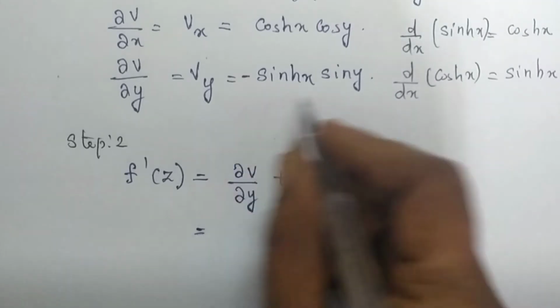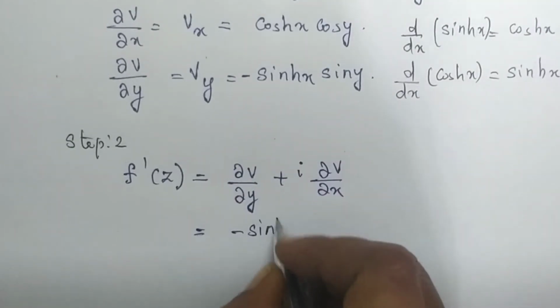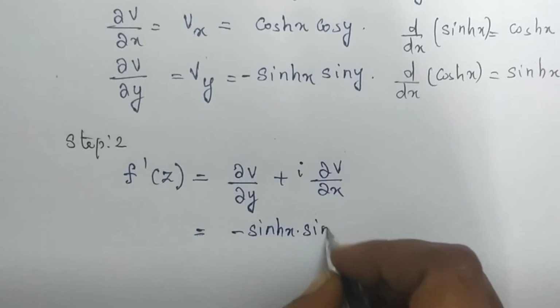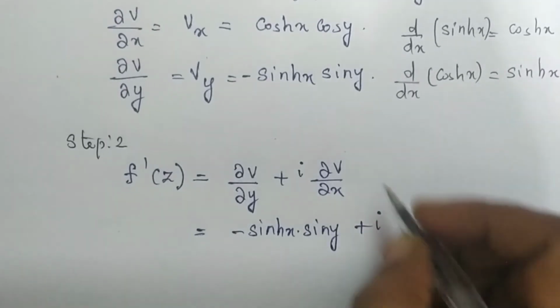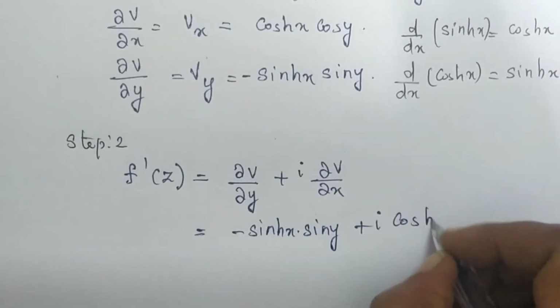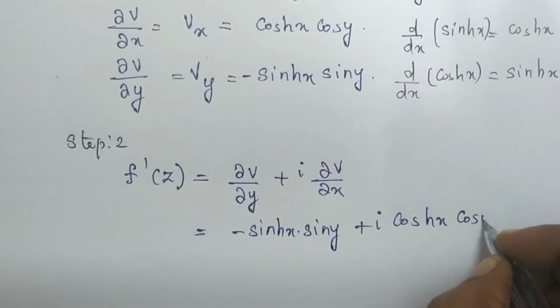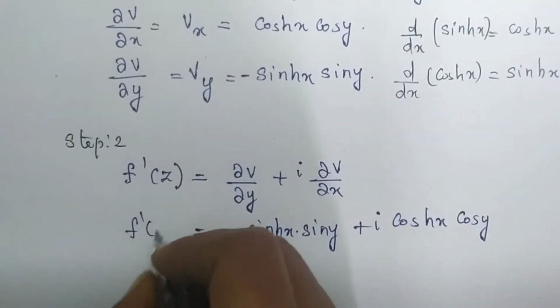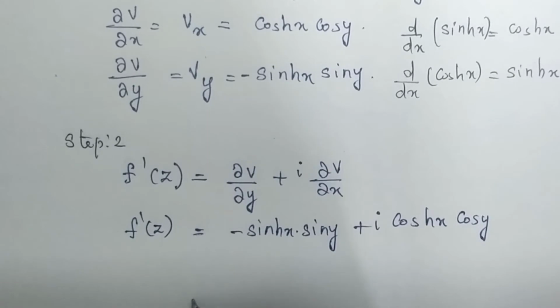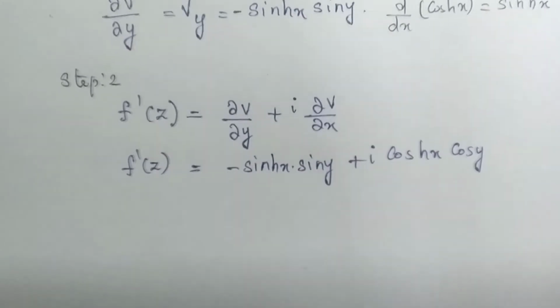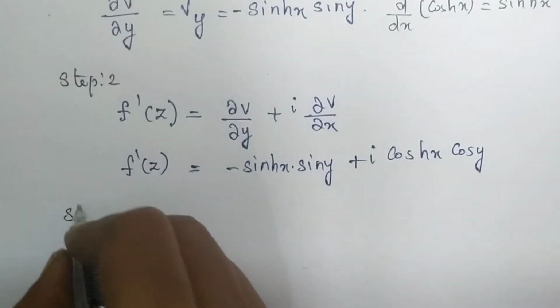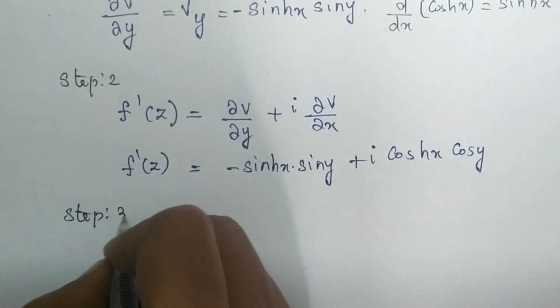Okay, so what is v y? Minus sin hx into sin y plus i into cos hx into cos y. So now we got the value of what? That is f dash of z. So step 2 is over. And what is step 3? Do you know what step 3 is? So step 3 is